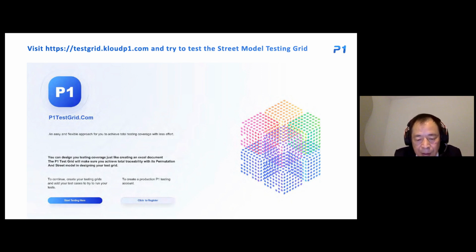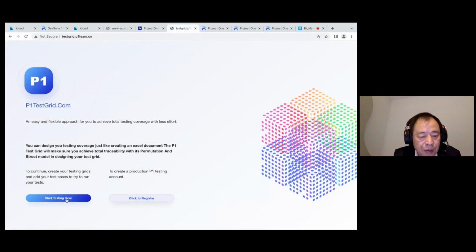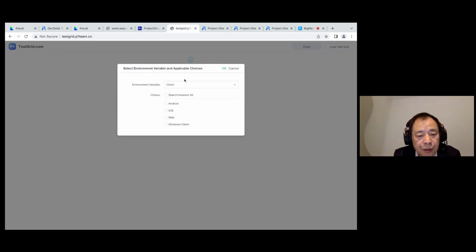To help you guys, let me see, I probably can share my screen to show you that you can do it. I'm starting a screen share. So here's my screen share. I believe this is the test grid. What you do is click on start testing. Click to register is not working. So if you are interested, please contact us to have a fully functional product called Project One P1 to test our software. If you start testing here, you can build your retail street by selecting a